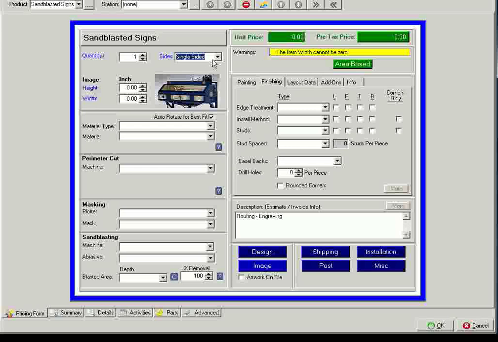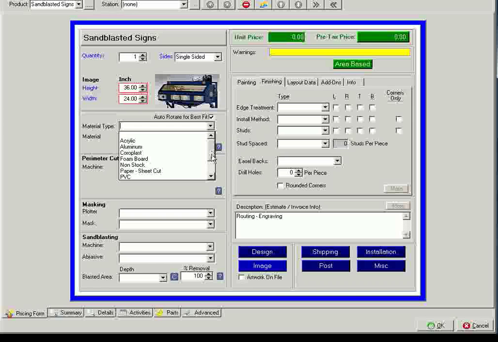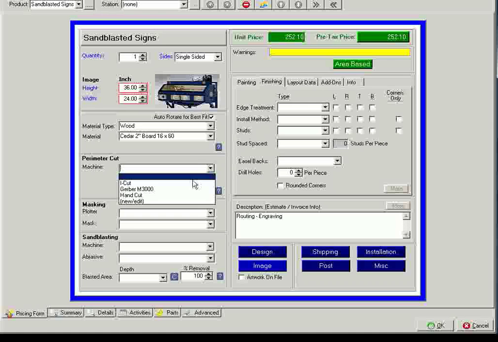Then whether you're blasting on one side, both sides, or are you blasting two separate pieces of wood or material and then mounting them back to back. The height and width of those images, the material type that's being blasted, the material itself, the perimeter cut and how it's being cut,